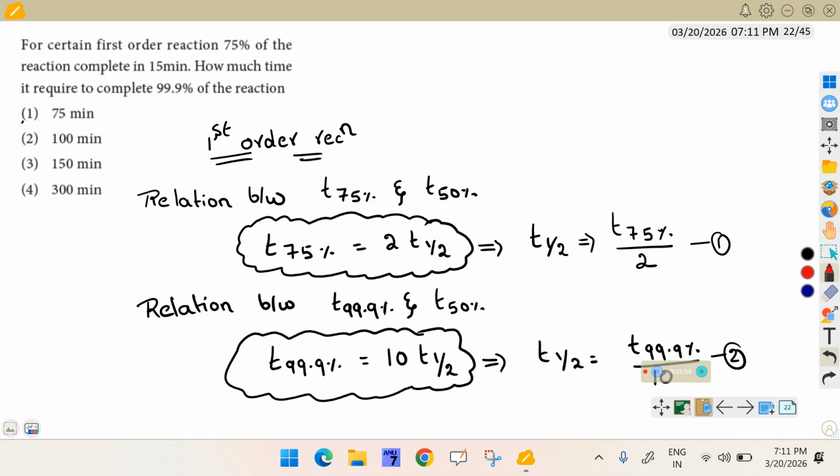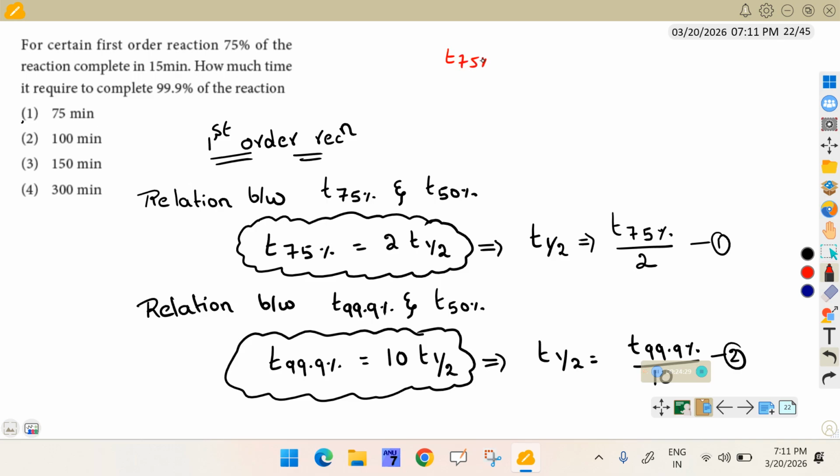For a certain first order reaction, 75% of the reaction is complete in 15 minutes. How much time is required to complete 99.9% of the reaction? In a first order reaction, the relation between T75% and T half is T75% equals 2 times T half. The relation between T99.9% and T half is T99.9% equals 10 times T half. Based on these two equations,